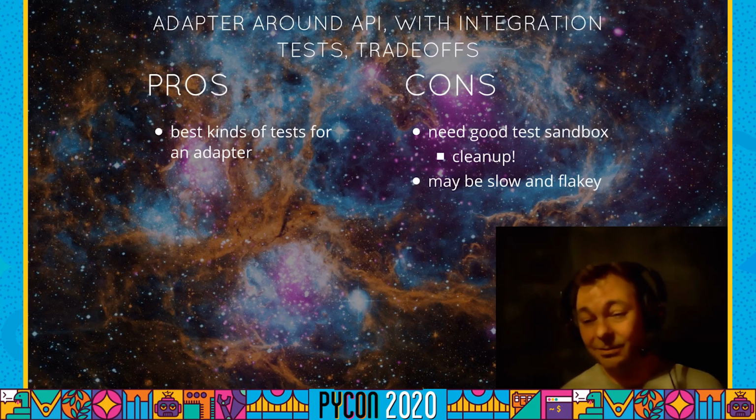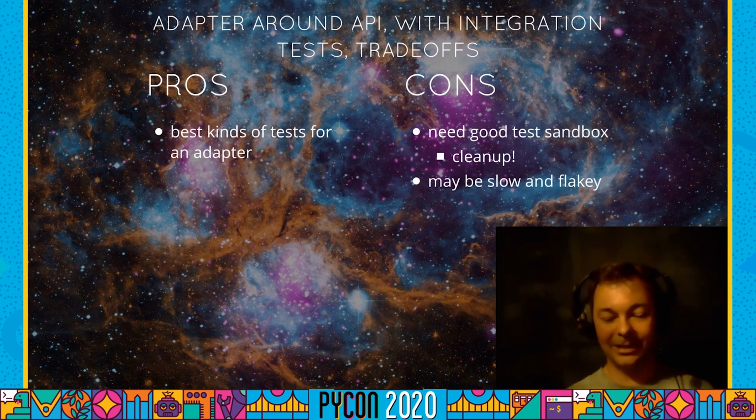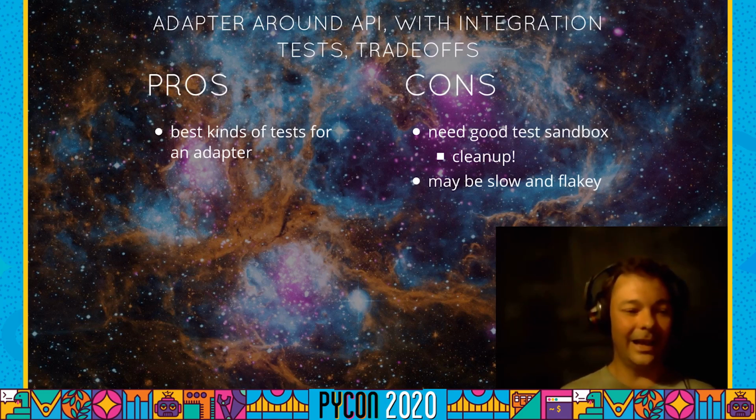And don't forget also about cleanup, right? So if you've got 3 or 4 different developers all working on this thing all day, you're going to need to make sure you don't step on each other's toes. I mean, you're going to generate unique IDs for everything. So 3 or 4 developers running the test 5 or 10 times an hour, and then there's a continuous integration loop running a test every time someone does a git push.